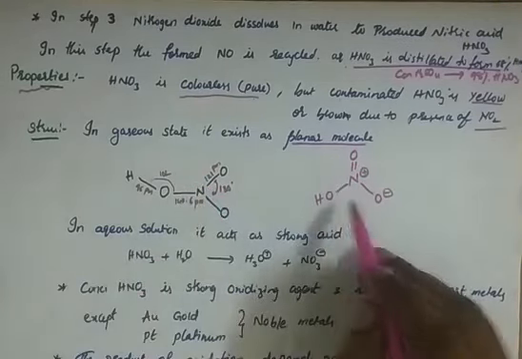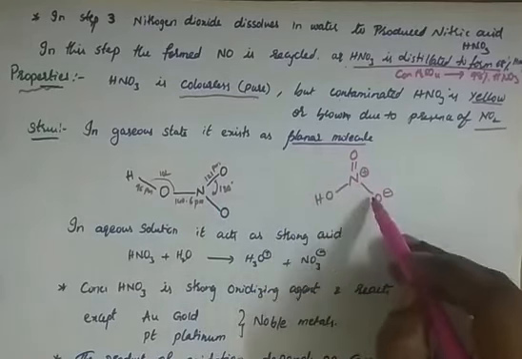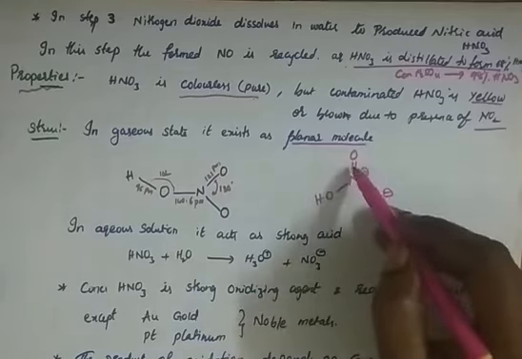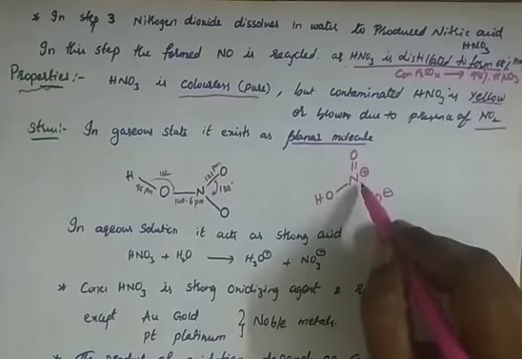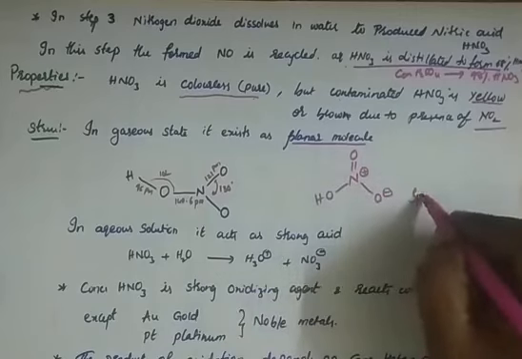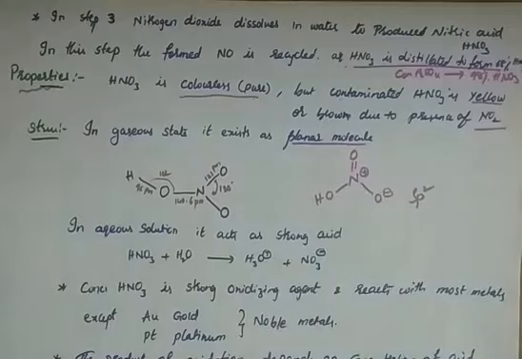Exactly, it looks like this. The negative charge on the oxygen can be shared by all 3 atoms. Sometimes this oxygen gains a negative charge and the other becomes O minus, like that. So this is the planar structure with sp2 hybridization and 120 degree bond angle. Planar structure, right?